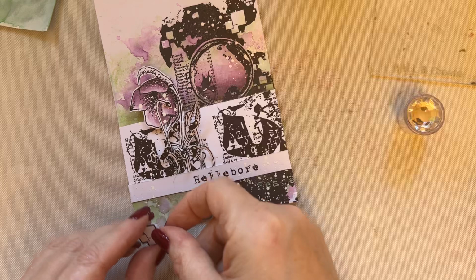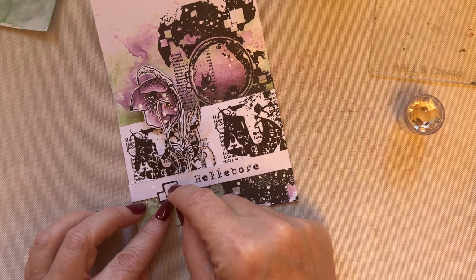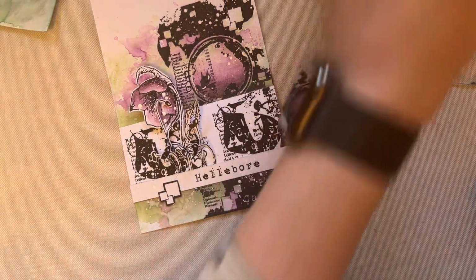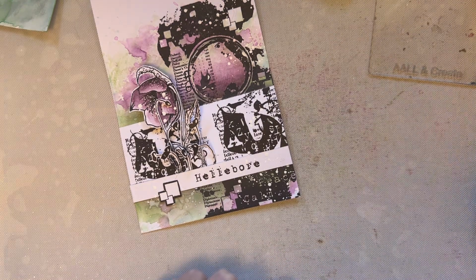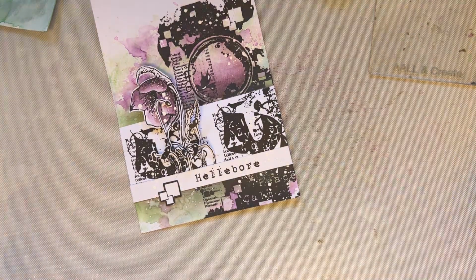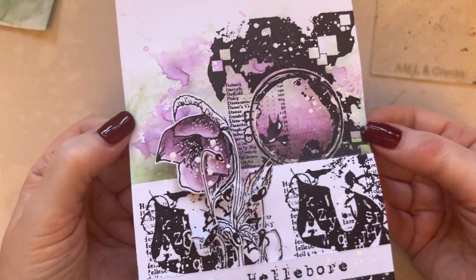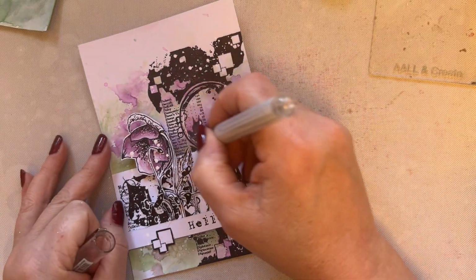So it's just breaking the stamp up. There we go. So that sort of balances that out. So we've got a nice balance of white, dark and colour. So it works quite nicely. And when your